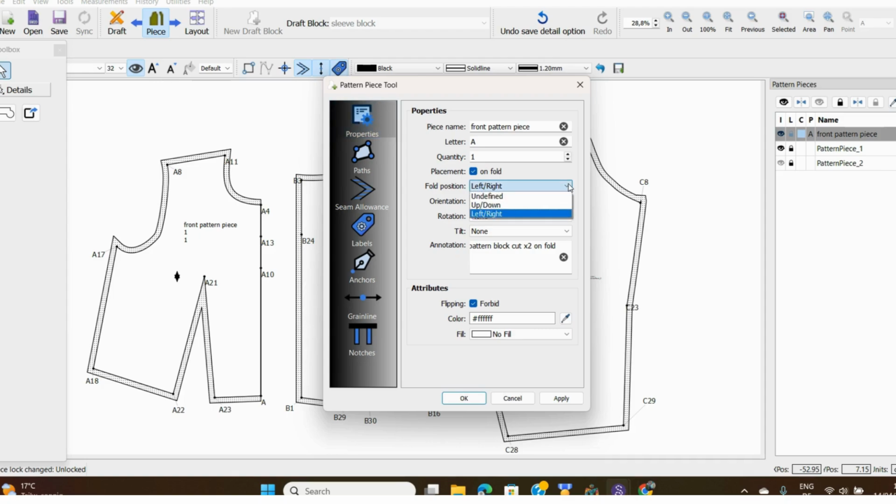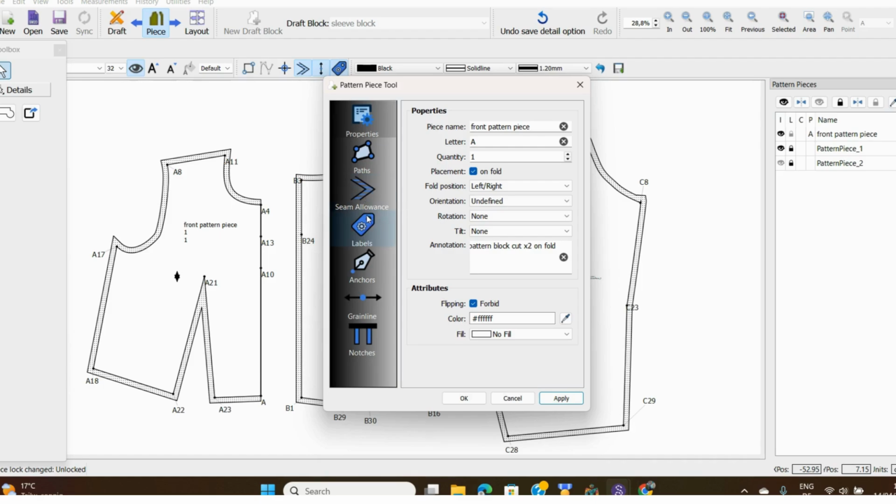If you click here, you see, so it depends on you, whatever your pattern is, but this particular pattern is left, right, folding. No orientation, rotation none, and all that. So flipping forbid it, and then you just apply that, let it know that,